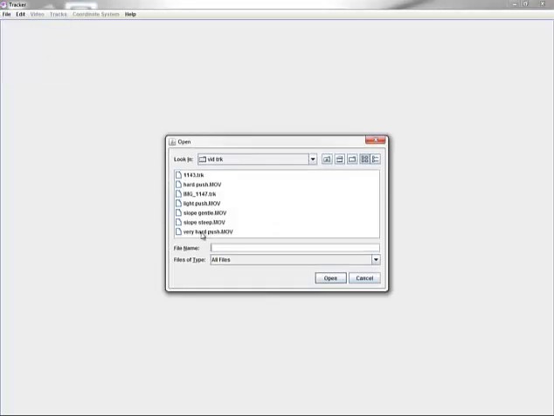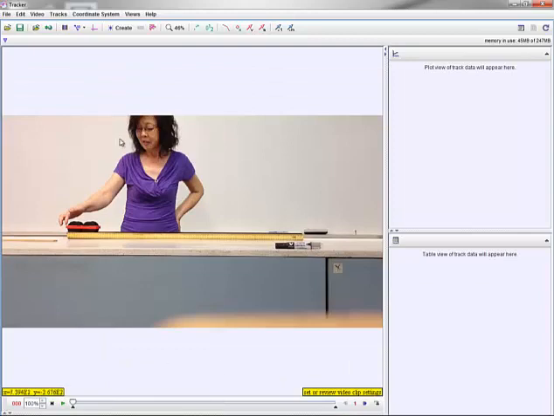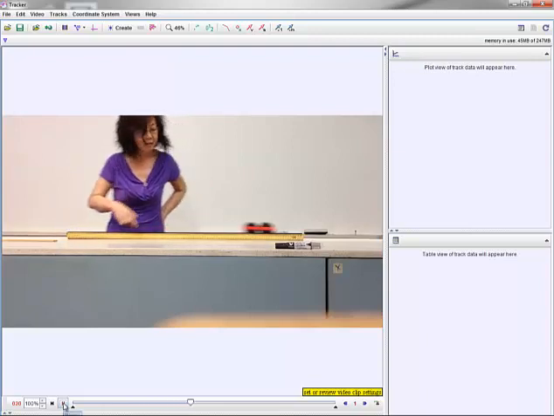Today we're going to analyze veryhardpush.mov. Double click on the file and let it load. Okay, so what you can see here is this is the video. You're going to play it and watch as the card is being pushed to the right and off